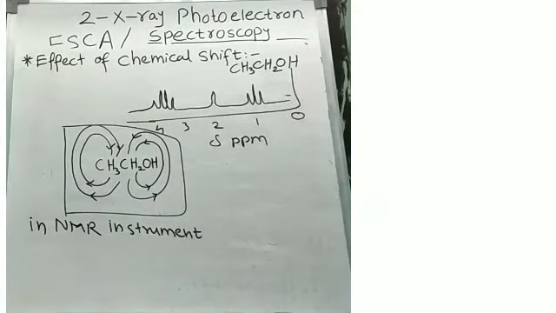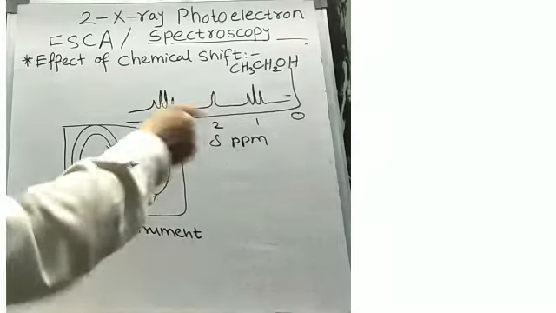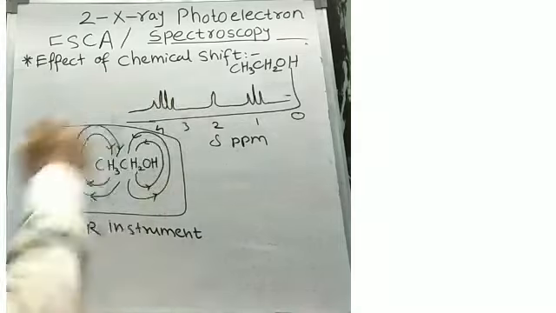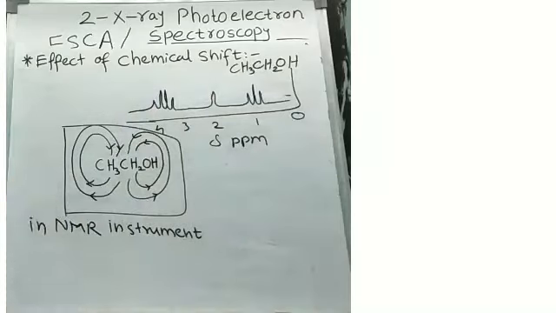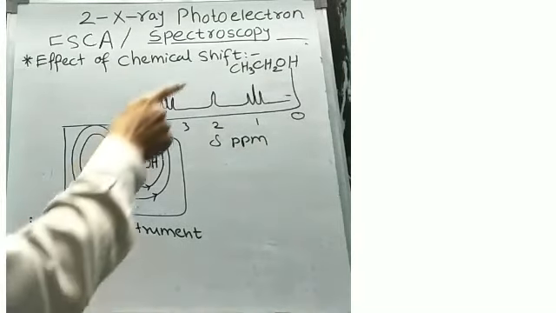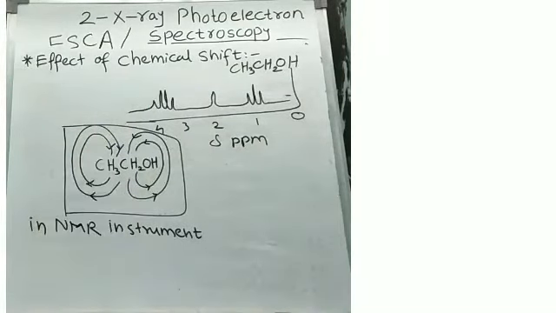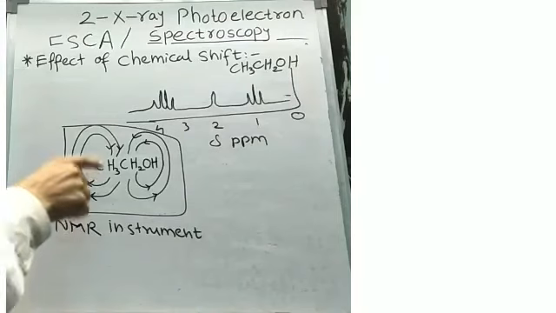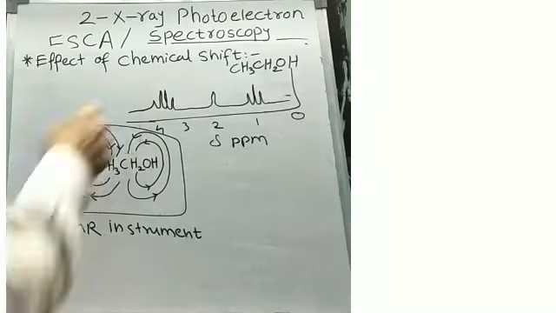Next, the effect of chemical shift. Now in some NMR spectroscopy charts, you have seen, or you may see, a spectrum chart like this. This is the signal, this is the peak of ethyl alcohol or ethanol. Now how is this chart obtained? If the sample is placed in the instrument, then under the magnetic field the instrument reads the signal and the detector shows a chart like this.